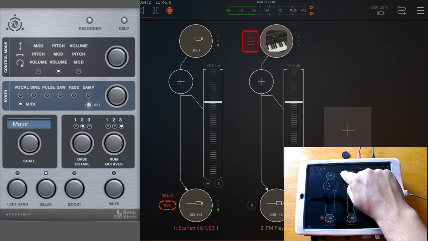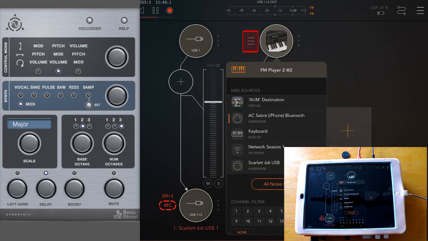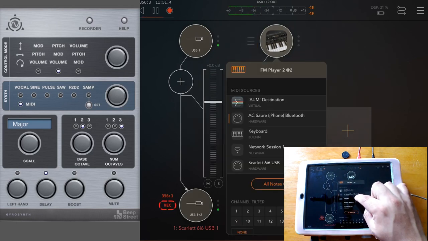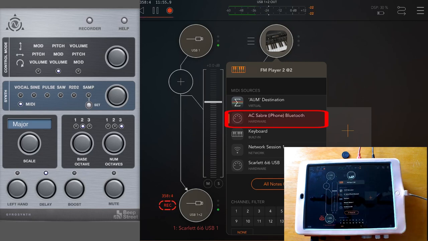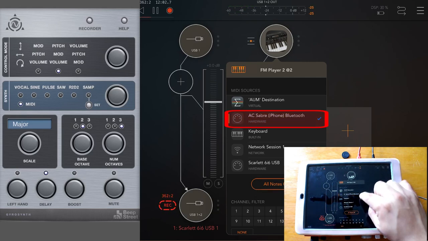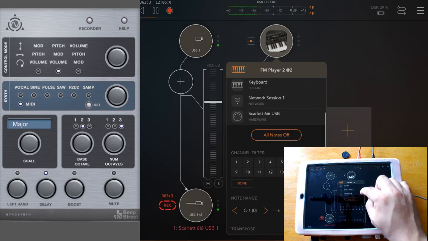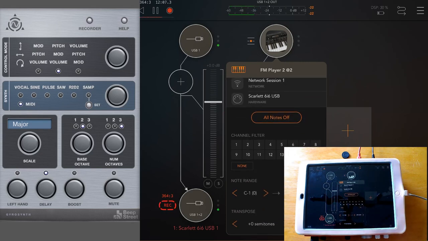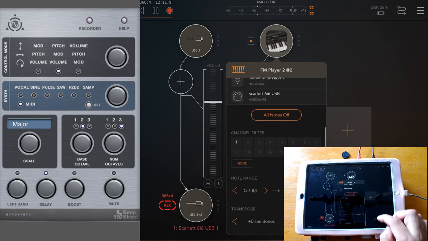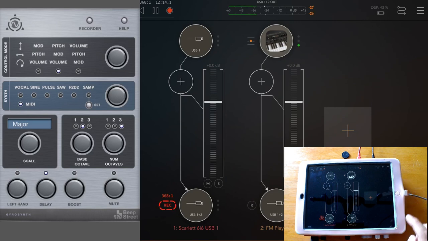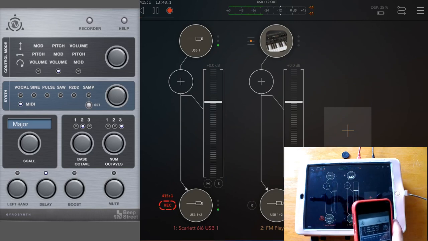If we tap on these three lines right here, we can choose the MIDI source. We're going to use AC Saber. As you can see, it's already sending MIDI data from the iPhone. All right, so it's there. It's selected. We could also filter by channel. Right now, we're using channel 1. So as you can see, we can control